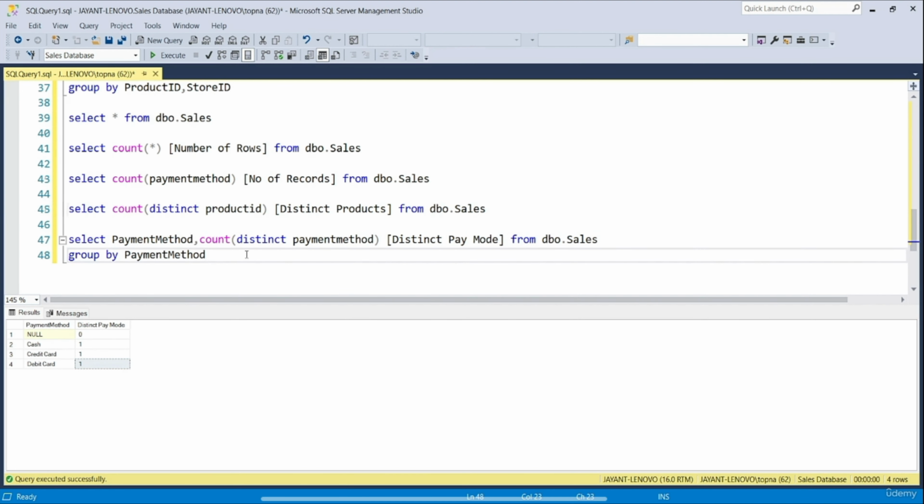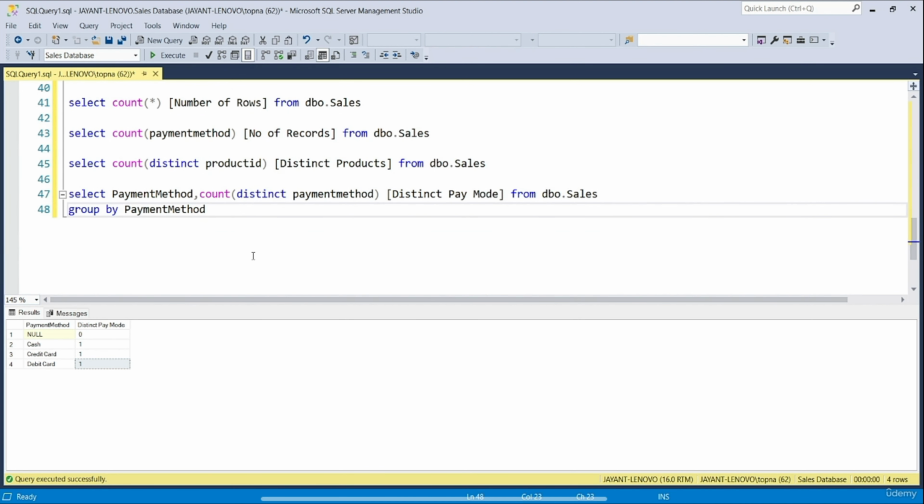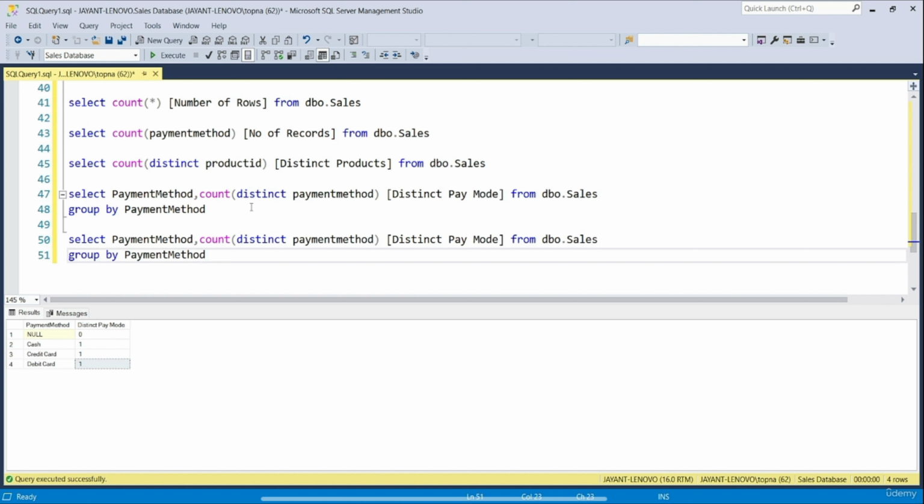Let's say you do not want to know about the distinct count, but you simply want to know about the count. So I will copy the statement written in line 47 and 48, Control C, and I'll press enter twice, and I'll come to line 50, Control V, and I'll remove this distinct before payment method. And I will give it an alias name, pay mode, let's say. So now if we execute the statement written in line 50 and 51,